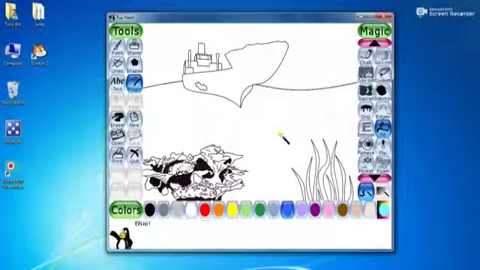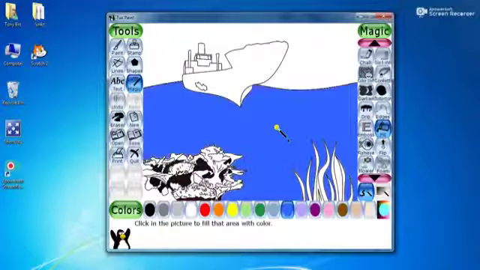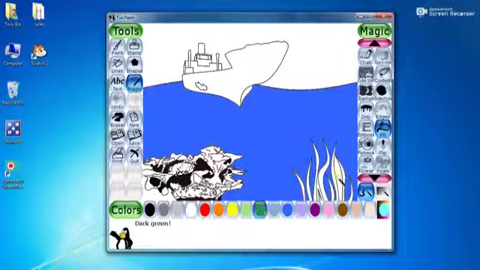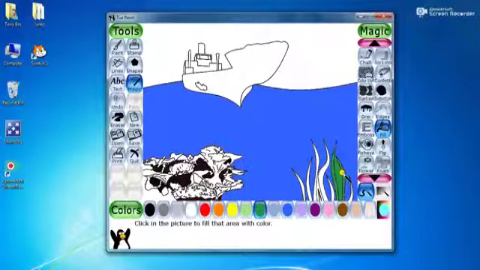So first I will color this area for water, and for these plants here I will use green color. And you listen to the sound as I click.